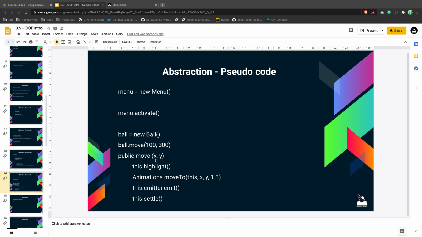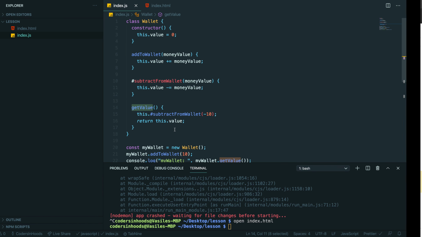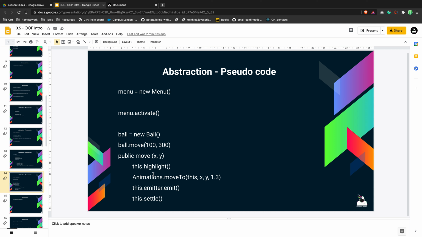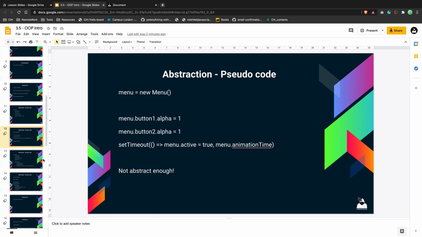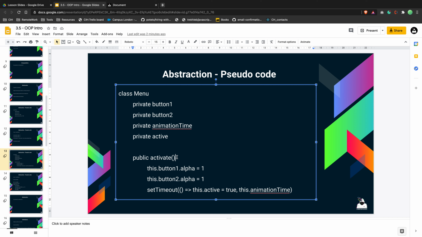So, basically we just create an abstraction around it. Why do you need to create the wrapper or the abstraction? Because if you want to change a few things, you don't want to do that separately, and you don't want to allow other people to do it separately. You want to have a sequence of something all together every time. That is why you create another function, like we did here, or maybe on the previous slide. We created a method, and inside this method we have just a few things that we want to change. We don't want to change just this or just this, because if you expose them,